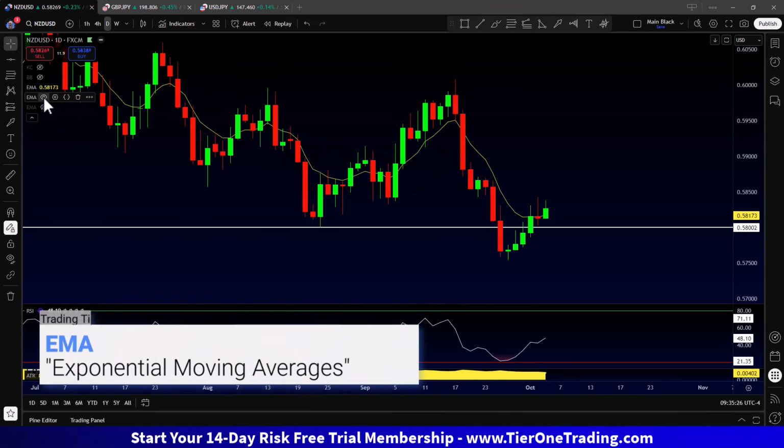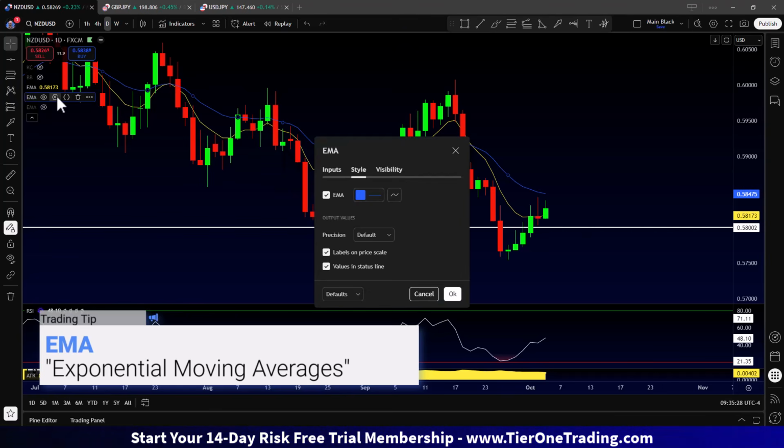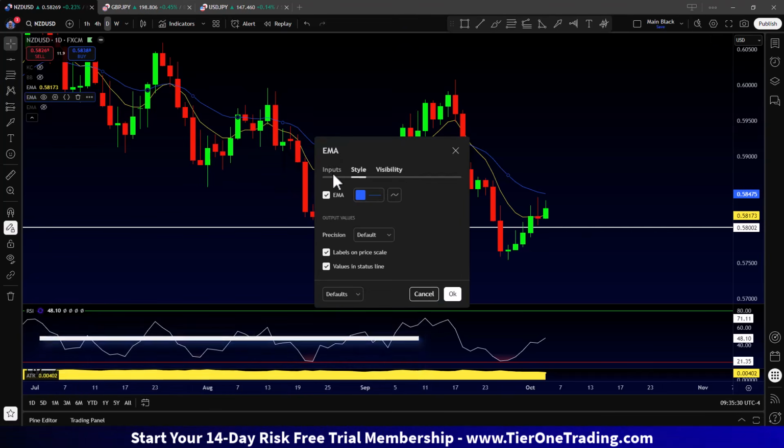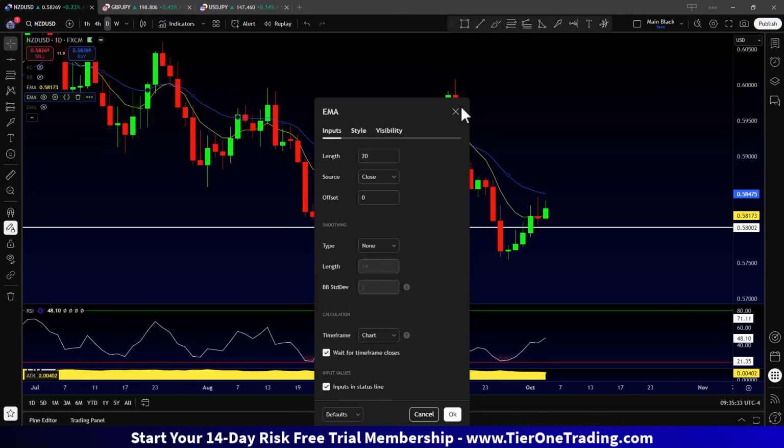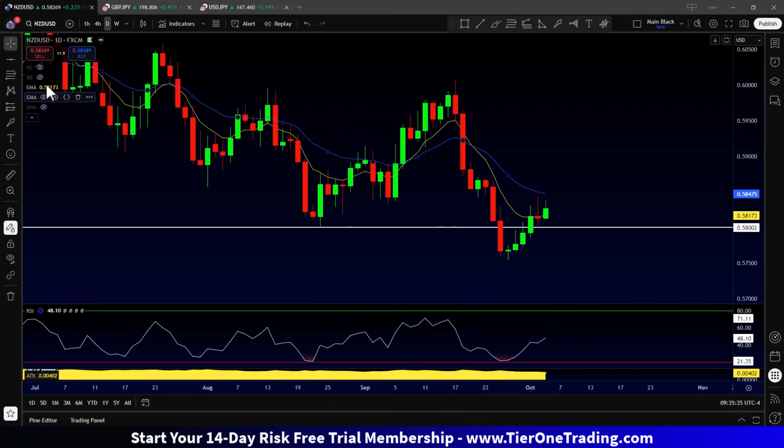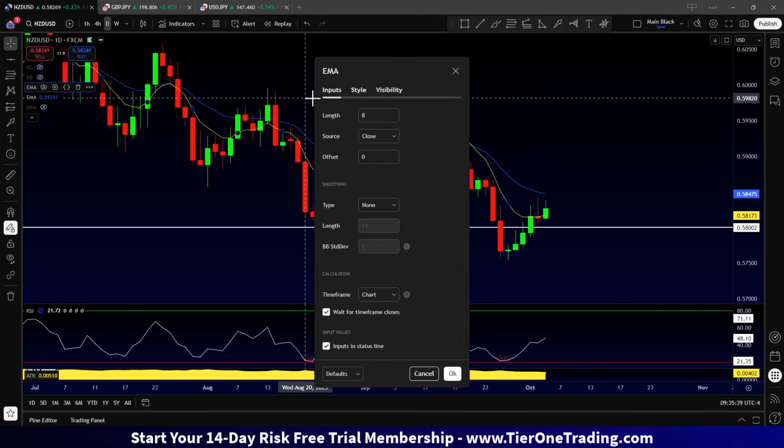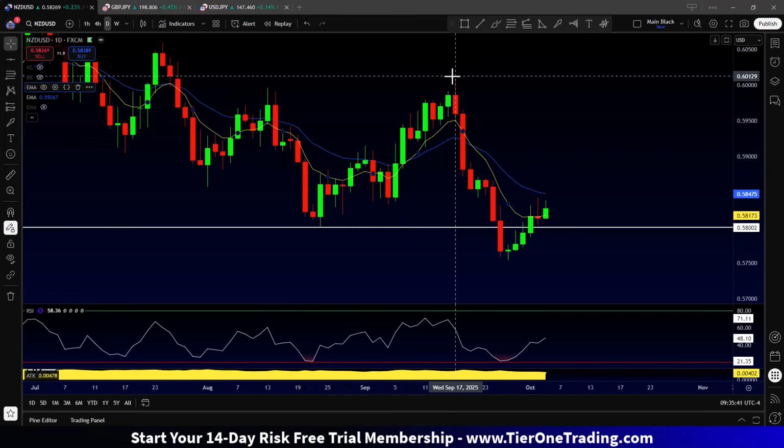I don't actually know which ones these are loaded on. Let's see what the settings say. The blue one is going to be a 20. The yellow one is going to be less. Let's see what that one is. Oops, sorry about that. The yellow one is going to be an 8. And what you're looking for is confirmation that the lower EMA, the 8 yellow, is below the blue EMA, the